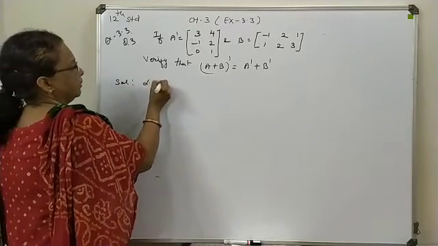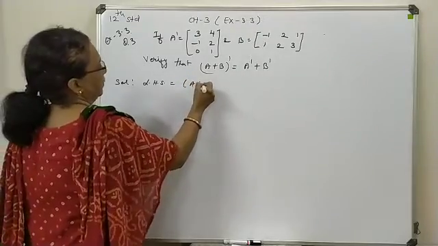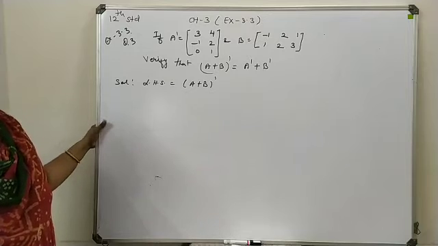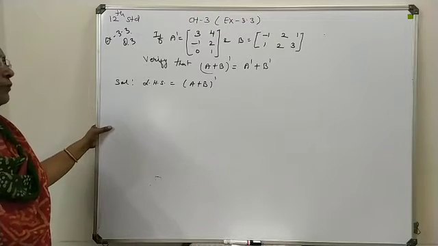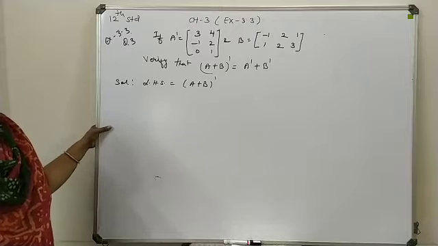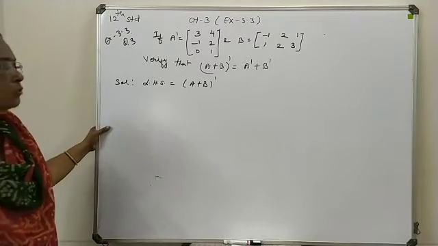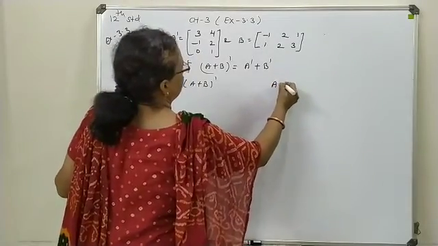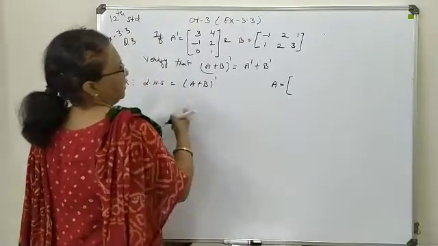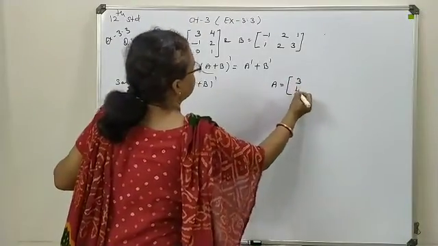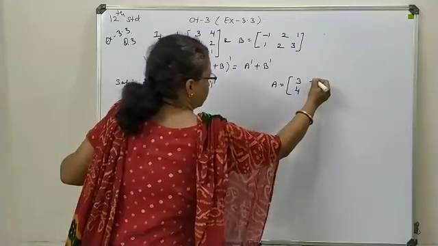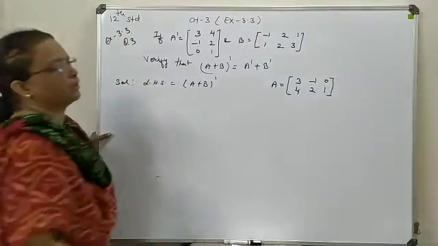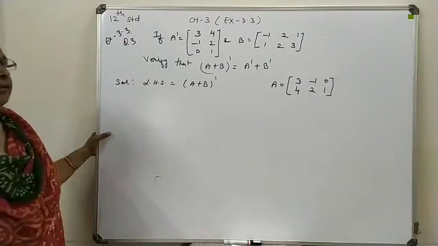Your left-hand side is (A plus B) dash. Here we require A in the original form, and B is already available in the original one. So first of all, A transpose is to be converted to the original form. A transpose is available to you in the question, so on the basis of that, A can be generated as 3, 4, with rows interchanged as columns. So this will be generated as the A form. B is already available to you.